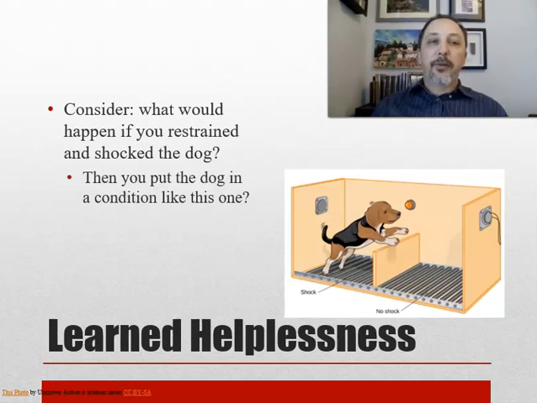Now, learned helplessness is another concept from here. If you were to restrain the dog and shock it, it would just lie down and whine. Now, what would happen if you shocked both sides? This is learned helplessness. You shock both sides. So the dog jumps over and it's still getting shocked. It jumps back, it's still getting shocked. Eventually, the dog's just going to give up and cry whenever you shock it, which is, yes, as horrible as it sounds.